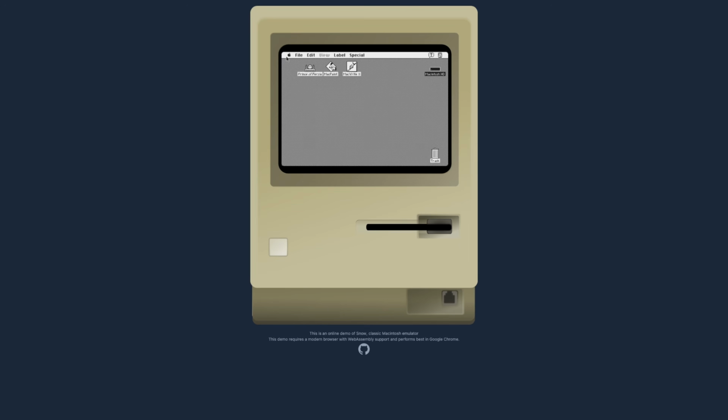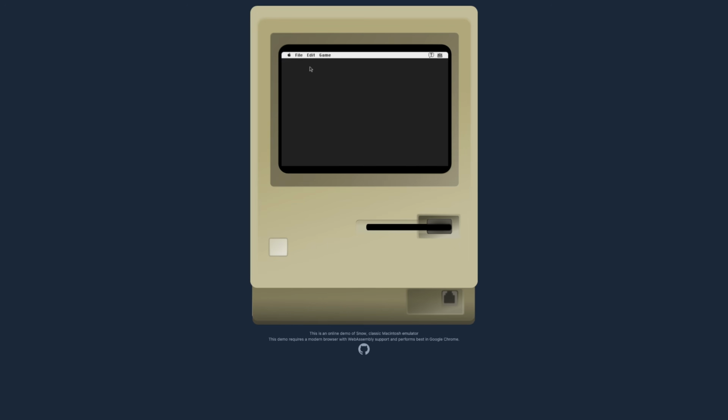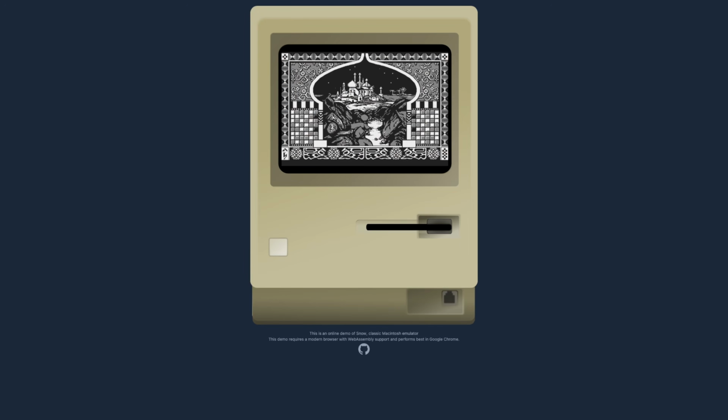We've got some stuff here. Oh, that's nice. We got Prince of Persia loaded up. This is all in the browser, so we don't even have to download this to try it. That's pretty cool. I wonder if I could set it up in a way that you could play the MOOF disk images in a browser. I wonder. Anyway, I think you can do that with MAME as well. But you have a bunch of emulation issues as well. The mouse emulation in MAME in the web version is just so frustrating.